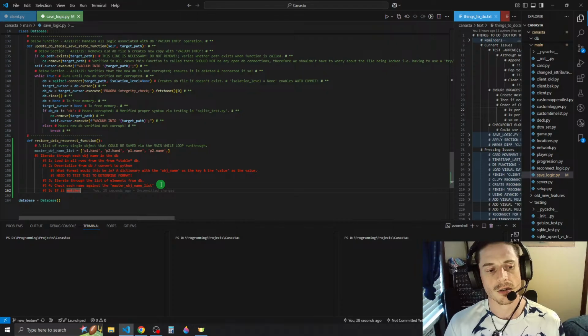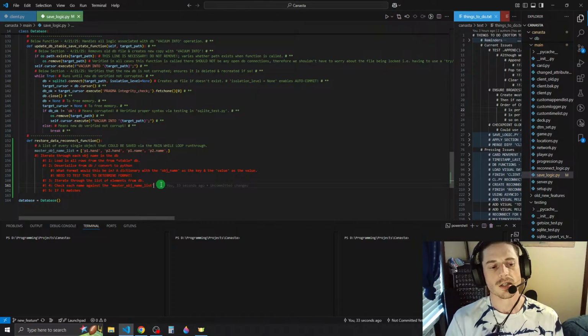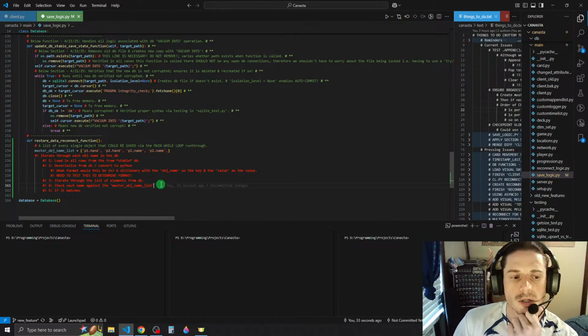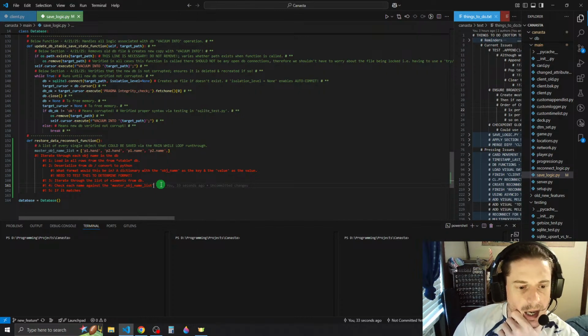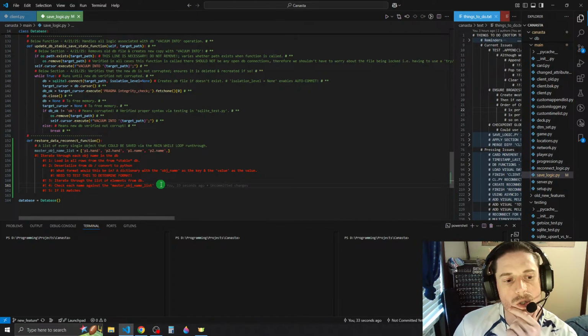And then if it... See, this is where it gets tricky. I feel like we would have to use exec or eval to convert it from a string.